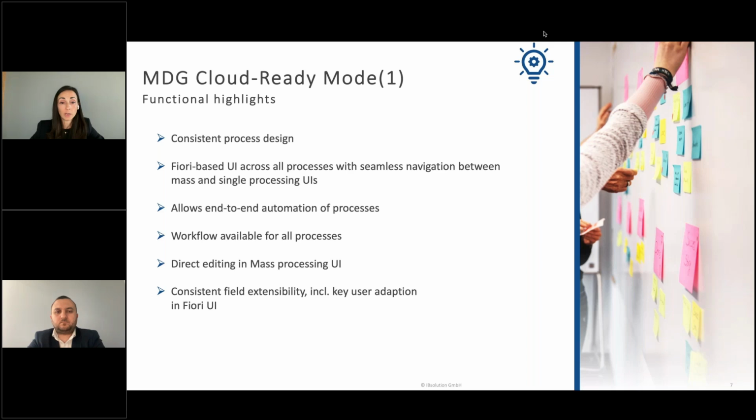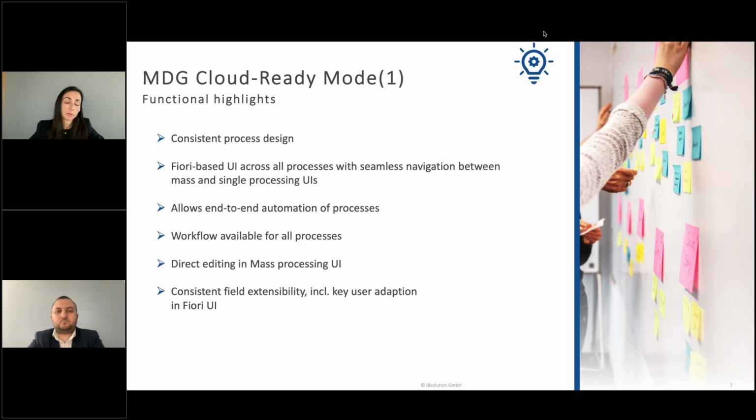It can coexist together with the classic mode, but of course the recommendation is that for all new customers, we work only with cloud ready, or at least wherever possible. And all old customers having MDG on an earlier version will smoothly transition to cloud ready mode in the future.